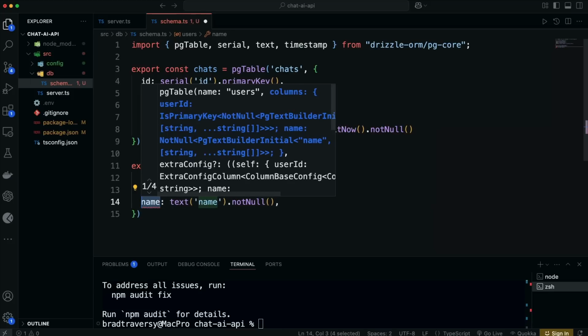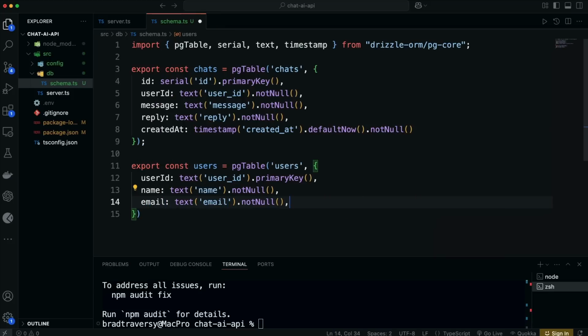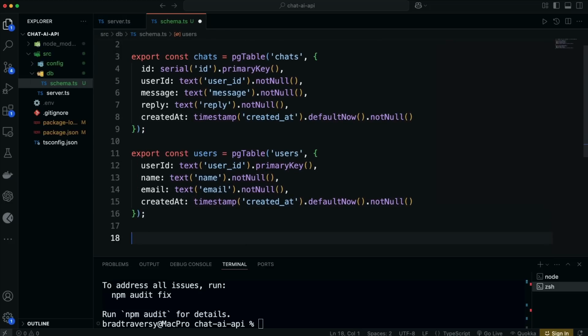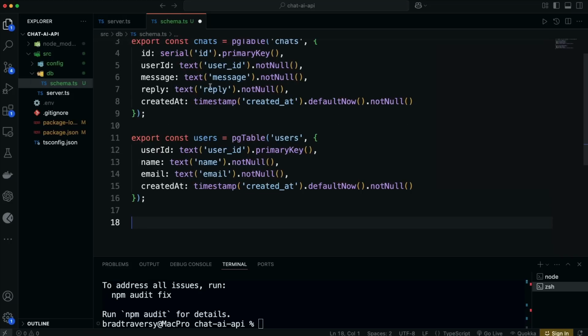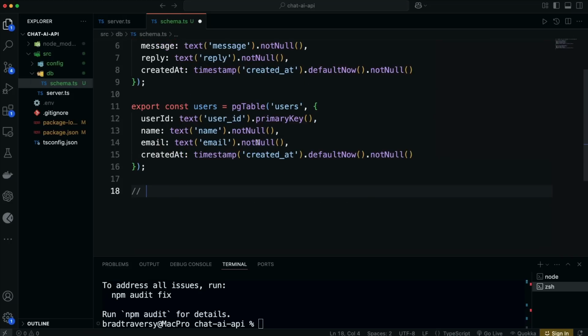All right, then we got email. So let's change this and this to email. And then we want a created at, so I'm just going to copy this one because it's the same thing. Okay, so those are the two schemas and the two tables we want to create. Now, Drizzle is really great when it comes to TypeScript. We can have our type inference